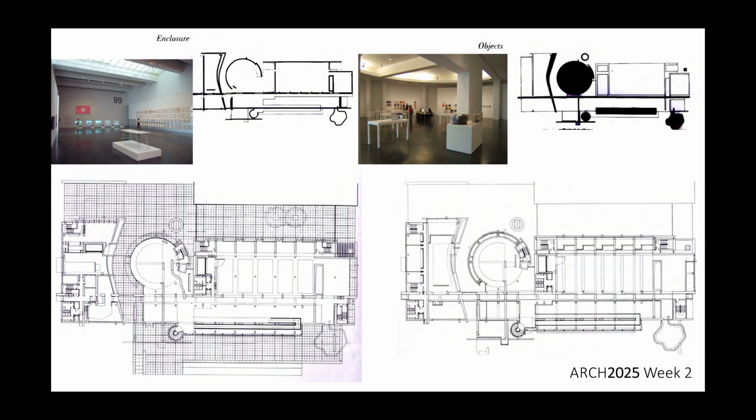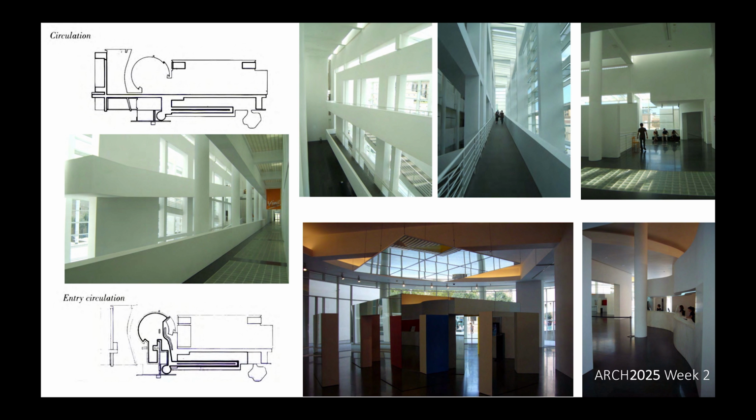Objects. It is very interesting how, in terms of circulation, this is a ramp and this is a staircase. But there are also objects. They are treated as objects. And in fact, when you visit the building, they are presented as objects. So it's true that the ramp is a circulation space. And when you're in, you definitely go through the space. But if you look at the ramp from one of the terraces inside the building, this is clearly an object, right? As you saw in the previous slide. And it's one of the objects that is displayed here as part of the architectural experience, the so-called architectural promenade,